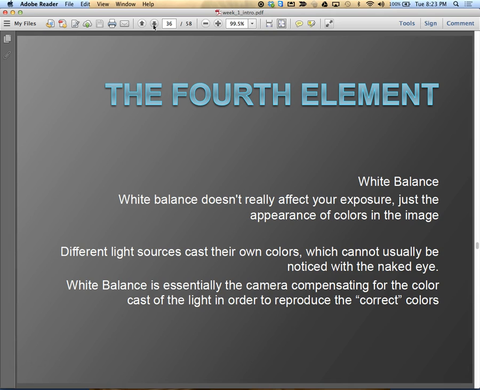Because you and I can take a photo with our camera, look through the viewfinder and go, looks good to me. We look at it when we print it out and think, that is yellow. What is up with that? Well, it sees what we don't see. The camera sees the hue of the light bulb, whatever it might be,